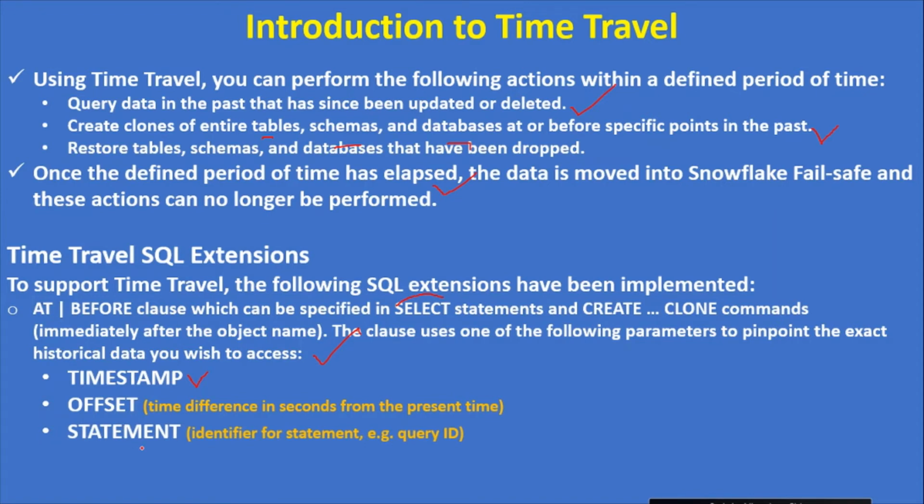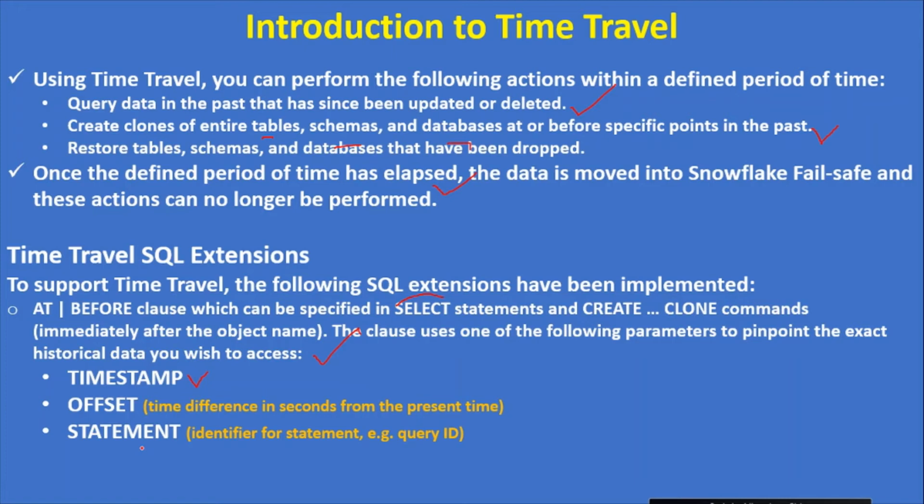And the third one is the statement identifier. For example, assume there is one table, employee. Yesterday you ran delete from employee where employee id is equal to 20, and today there have been some other changes. Now you want to get the data as it was before that delete statement ran.